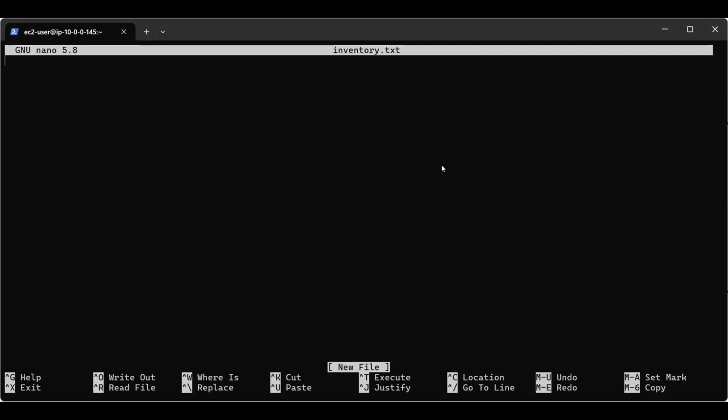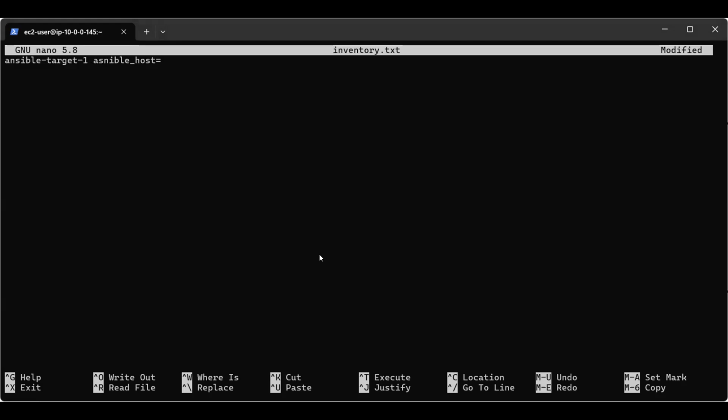I am providing it like this: Ansible target. This is my target machine, target one. That's a definition. Then we need to provide the machine detail: ansible_host is equal to